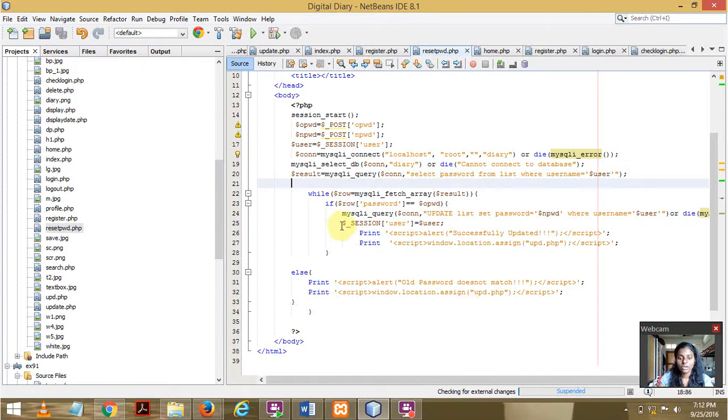I'm checking if the password that I got from the table matches the password that was given by my user or not. So this is the statement where I check it, that is if row password is equal to old password, and if it is true, only then the update will take place, that is update list set password is equal to new password where username is equal to user, or it will die by giving a MySQLi error. And then it will give an alert box saying successfully updated,